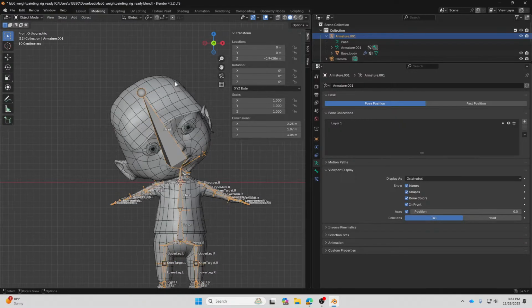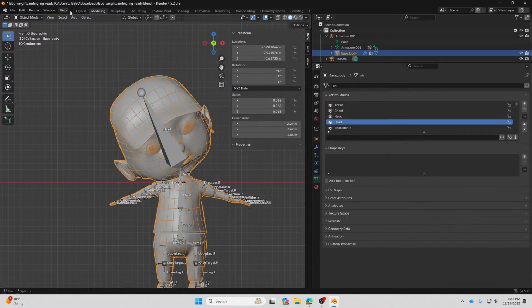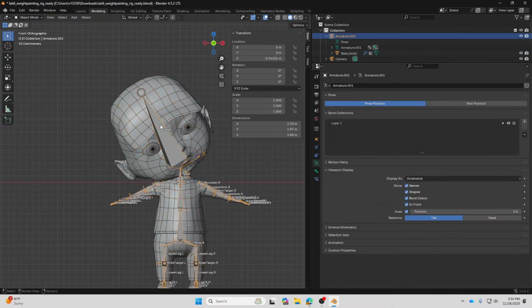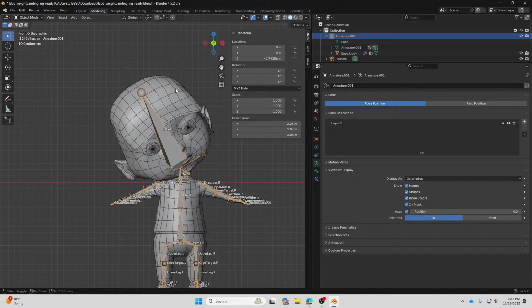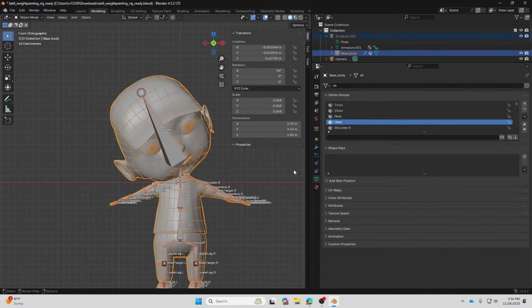Now you know the basics, you understand the tools, you know what the colors mean. I'm going to show you a quicker way to select and deselect, as well as pose, without having to go back and forth between weight paint and edit mode. If you select the bone first and then select the mesh, you'll be able to access the weight paint